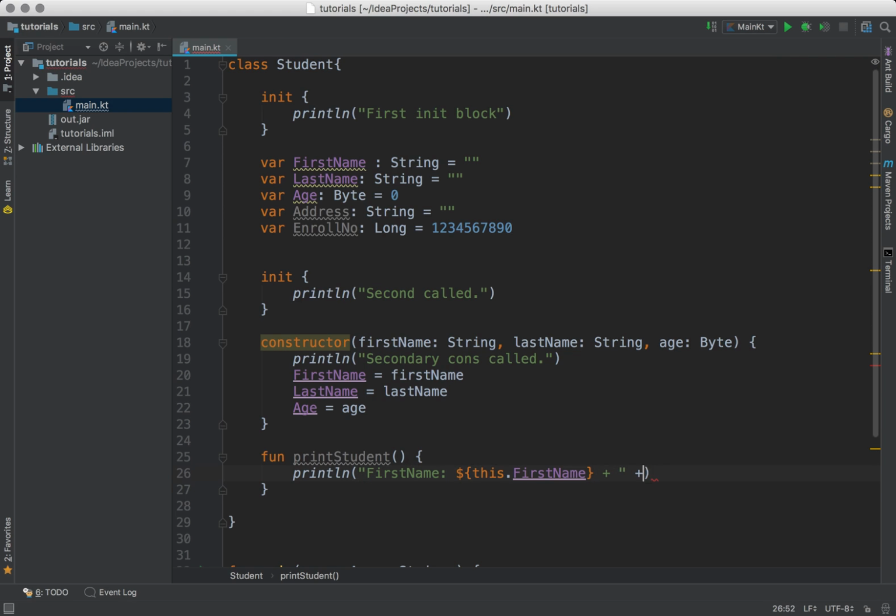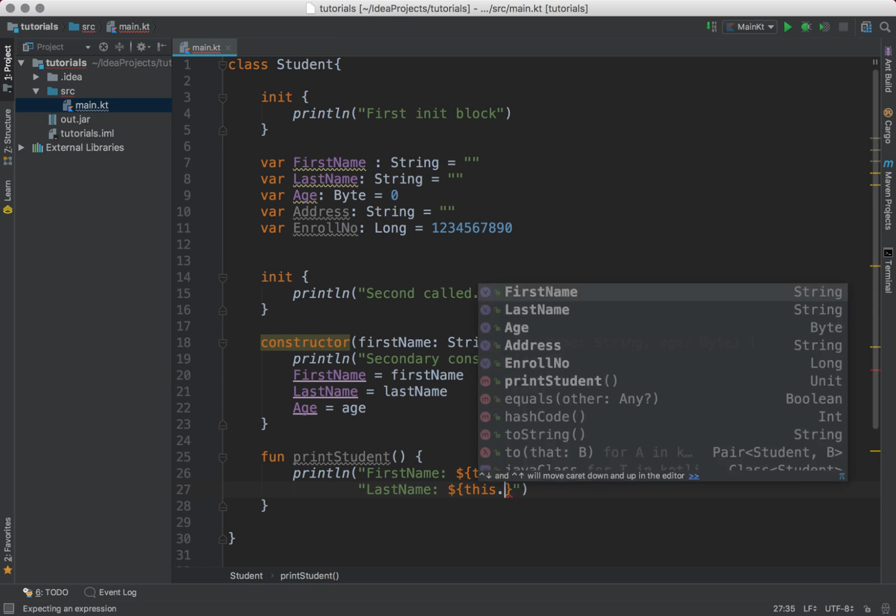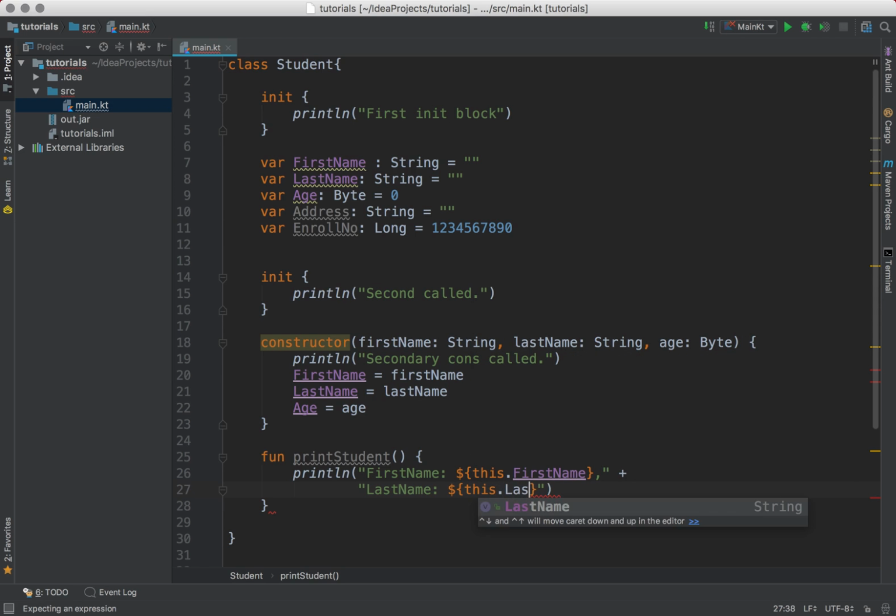Plus last name, this dot last name. This is again the context of the class, you remember. Age,